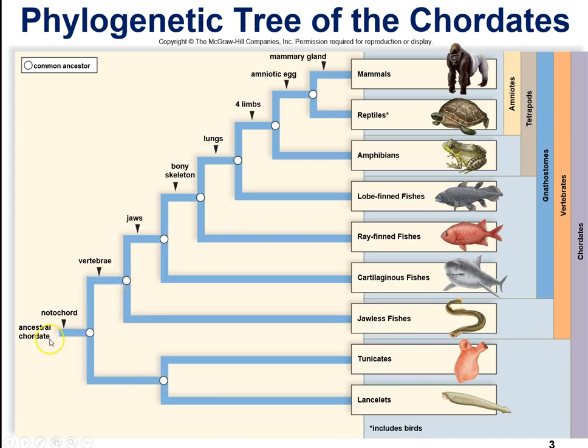So if you look here, you see this ancestral chordate. Every chordate has a notochord, right? And if you follow down along here, you can see these guys are the chordates. But these are not vertebrates. So these are the non-vertebrate chordates. And then everyone else, because they have vertebrae or a vertebral column, are vertebrates. Okay, and you can also see this here. So we're going to talk about these different